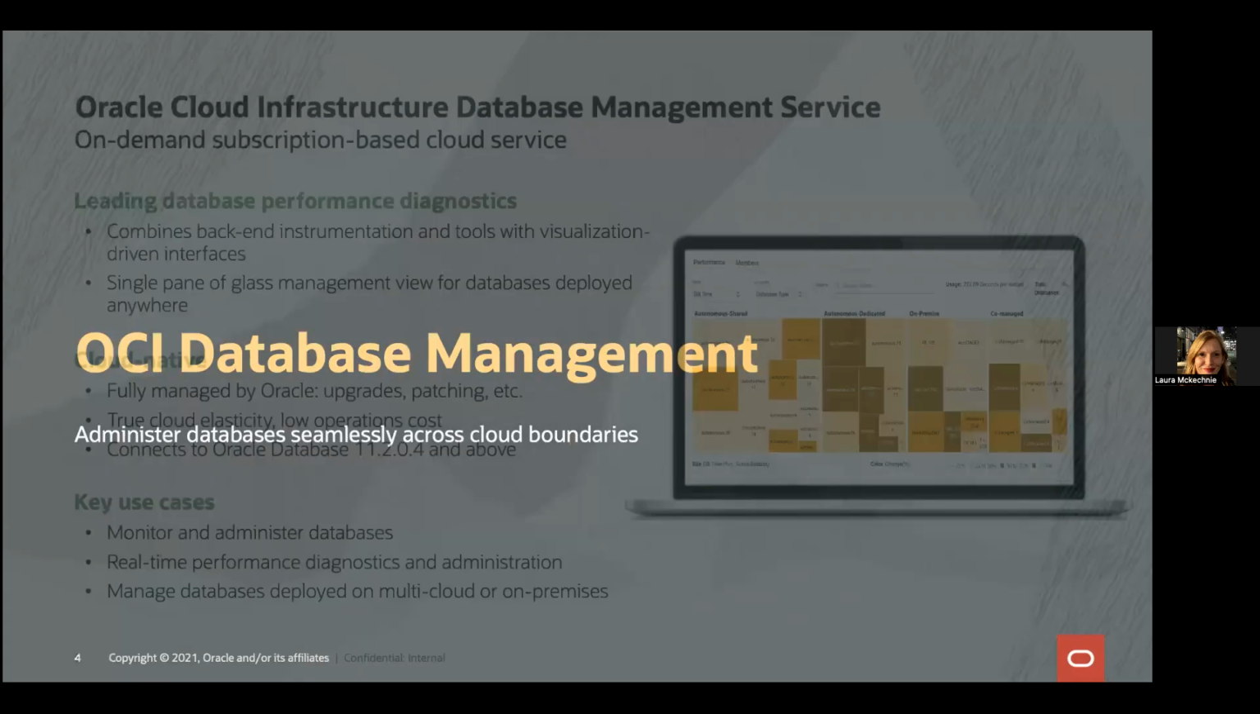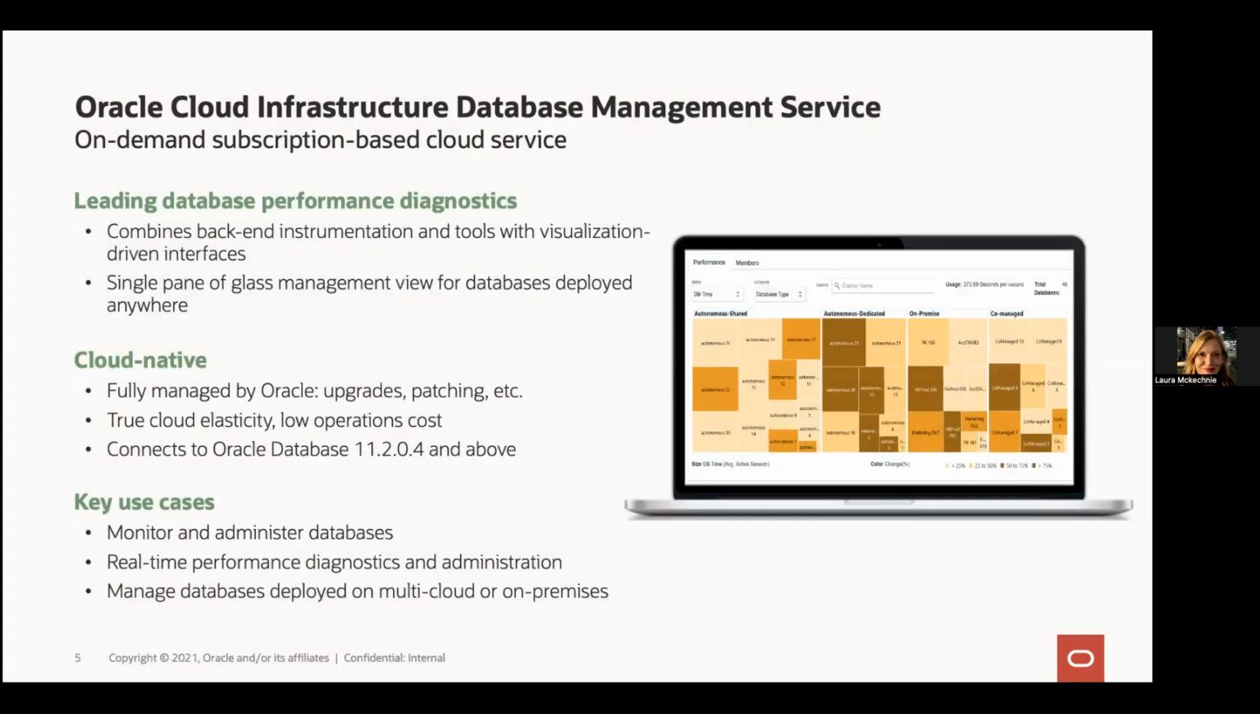All right, double-clicking on OCI Database Management service. In terms of the service, it is an on-demand, cloud-native subscription service that is natively available in Oracle Cloud Infrastructure as a managed service. It combines the backend instrumentation and tools that are already available with the Oracle database kernel itself, and you have a rich